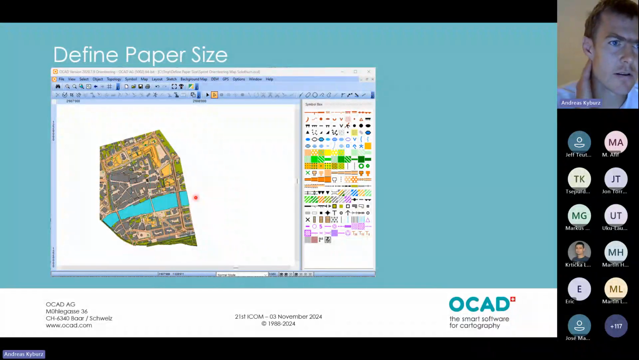Let's start with the newly added function define paper size. It was developed to show you a map extent or a paper size directly in the drawing area of the OCAD window. So probably you know the problem that you have a map in OCAD and then you want to add some layout objects to it, but you're not sure how big actually is A4, for example, an A4 paper